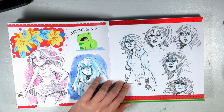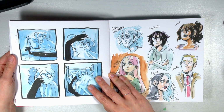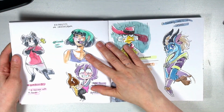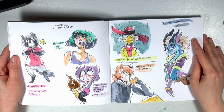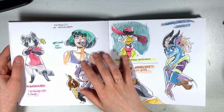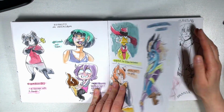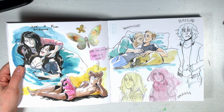So, my witch Sinister. Here's a little comic I drew that a lot of people kind of liked, I think. And more OCs of me and my wife. This is when I opened up requests on Instagram, and you can see the person who wished for the drawing. I wrote down their handles so you can look them up if you like. And yeah, this is some more requests and some stickers